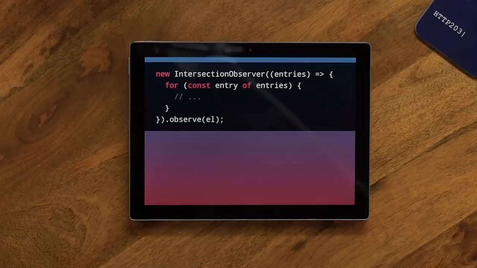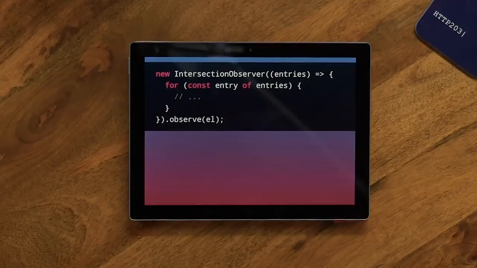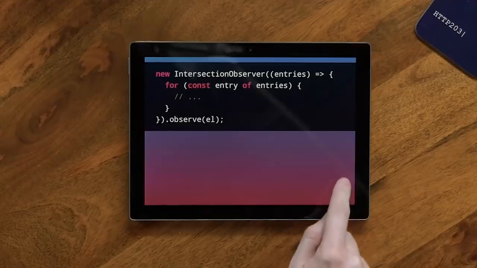Right. Intersection Observer is looking at solving the clickjacking problem. Cool. All right. So this is in Intersection Observer v2, which is in Canary right now, behind the experimental web platform features flag. So this is what Intersection Observer looks like right now. Do you know what? I don't like this API pattern. No, I'm not a big fan. It's super weird. It feels especially inside out. And you always have the entries, but most of the time you only get one entry. I find it a really weirdly designed API, but we'll gloss over that.